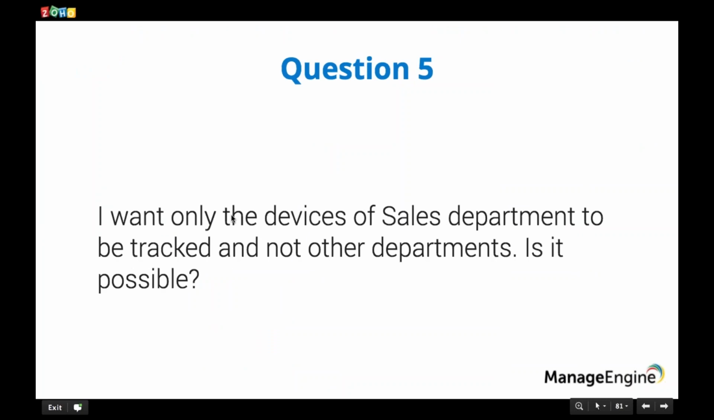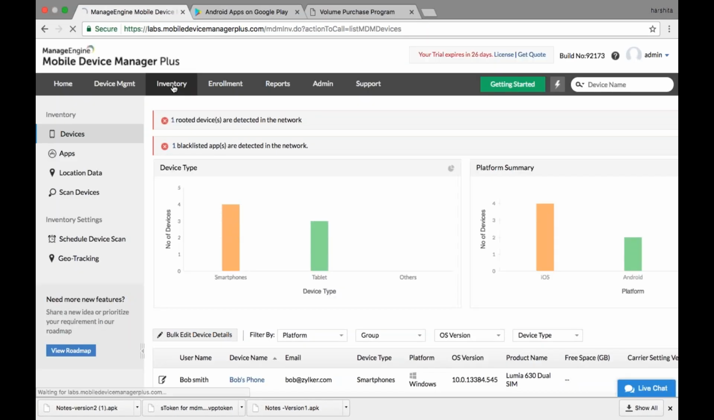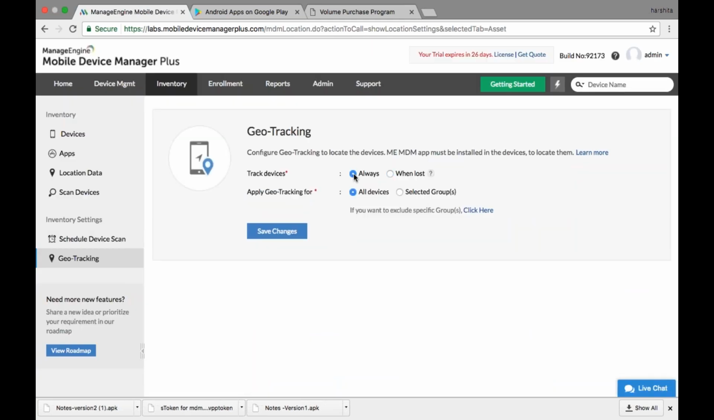So my next question is, I want only the devices of the sales department to be tracked and not any other department. Is it possible? Yes, we can choose to do that as well. For that, again, we need to make a few settings to the geo tracking option. So I go to inventory and click on geo tracking. Here I will enable the option as always, and under apply geo tracking for,